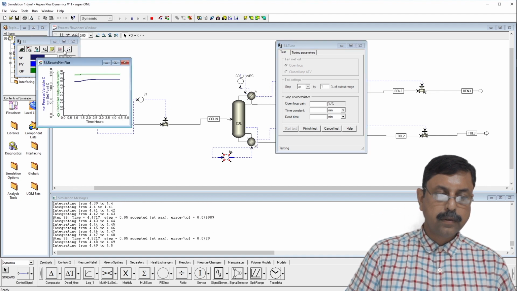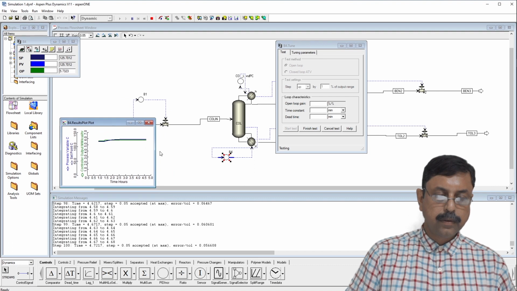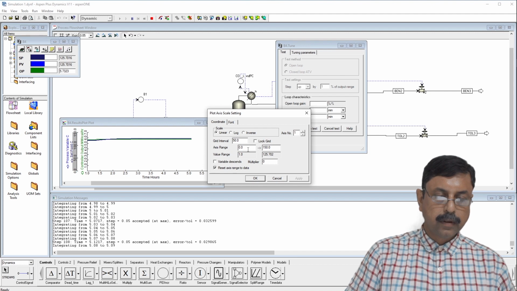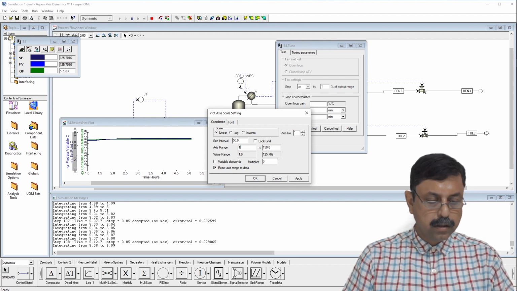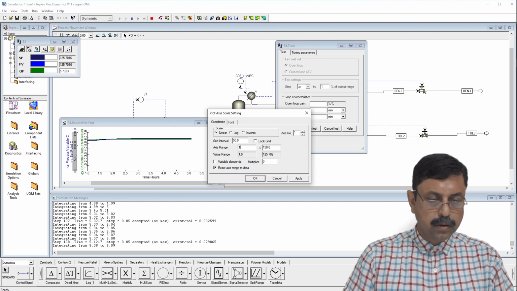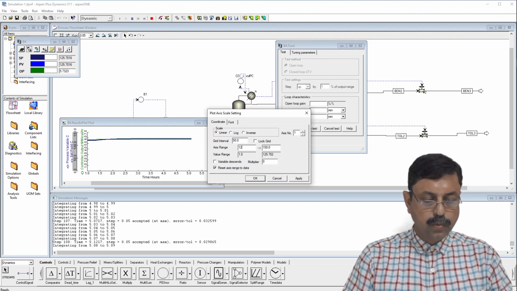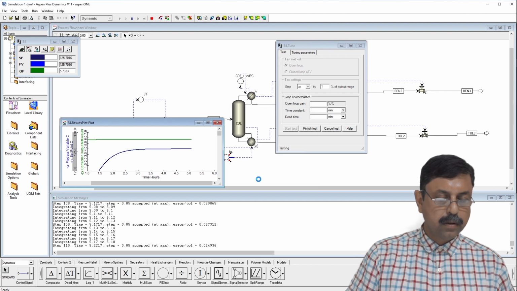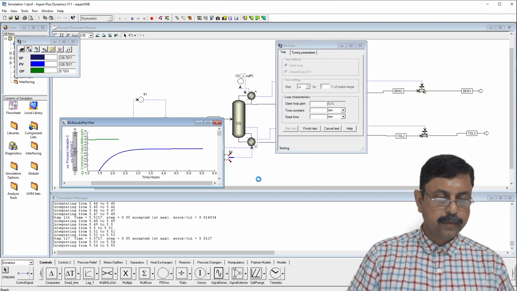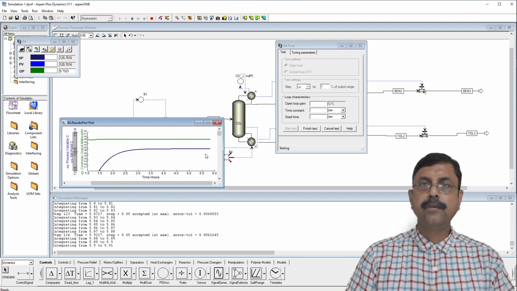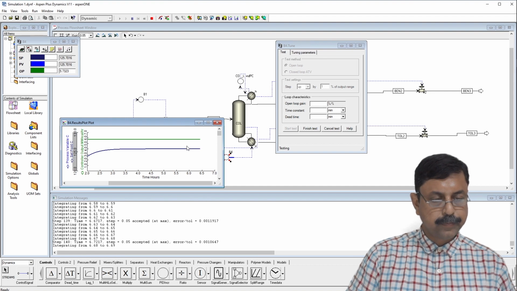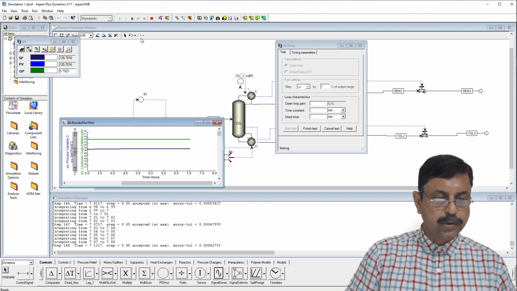So just make it 120 to 130. Okay. So it has come to a steady state. So 1% change has been given. Right. So let us now stop it